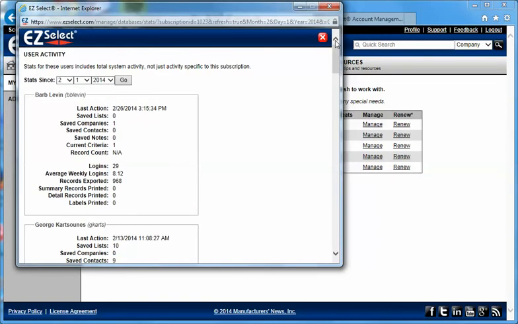And really the reasoning behind that is just because we are showing the administrator the total activity for each user's account. So in other words, the activity is not just specific to this particular subscription. We don't know specifically what each user does in each individual subscription. We only know total account activity. So we're actually giving the administrator quite a bit of information on each individual user to say, here's the total activity on their report. So we really want to use this feature selectively